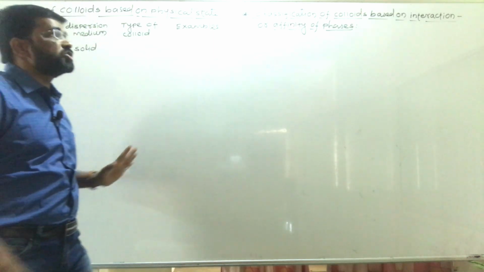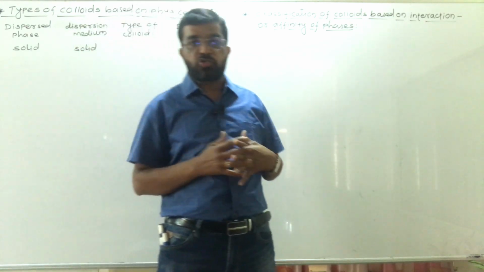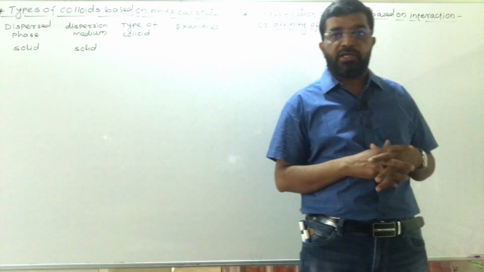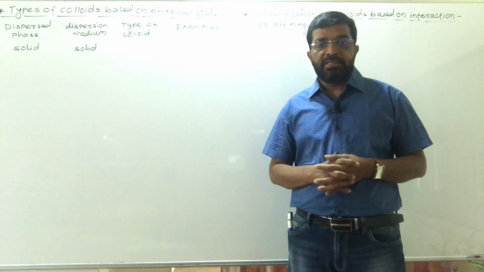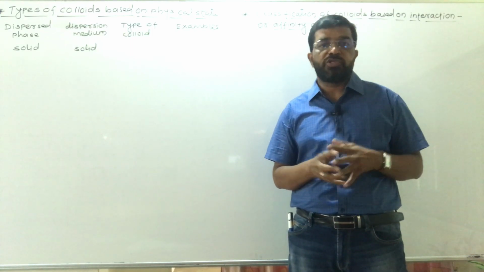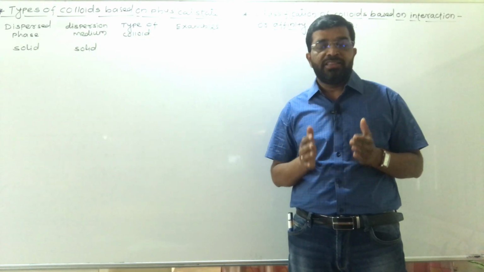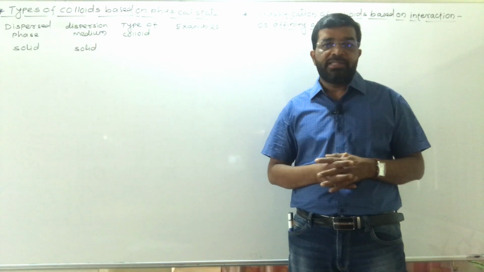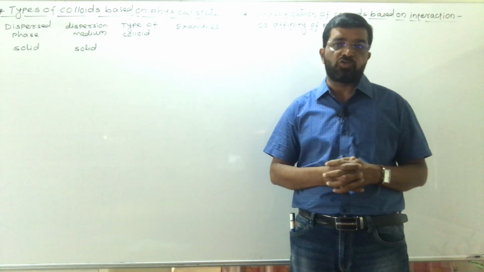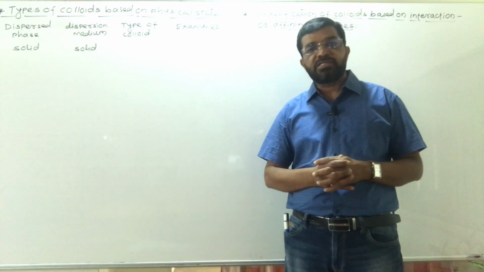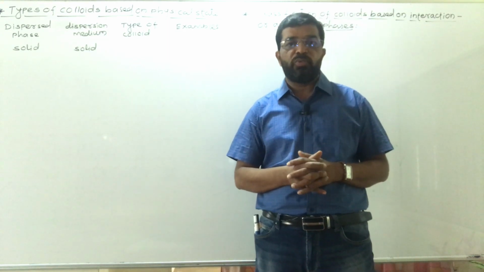classification or types of colloids. Also, colloids or colloidal solution. About the introductory point about colloidal solution, last time we have studied that colloidal solutions are the solutions in which the size of particles present in solution are larger than that of the true solution, that is 2 to 500 nanometer size of the solute particles present in colloidal solution. And some of the examples of colloidal solutions which we are using in our daily life, that also we have studied.